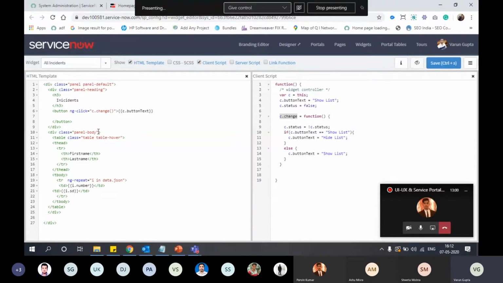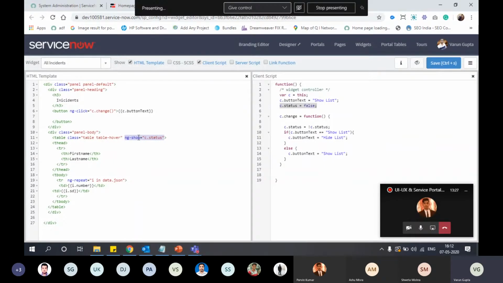For this, we will write here ng-show seat.status. We have declared this value as false. What will happen if seat.status value is true?